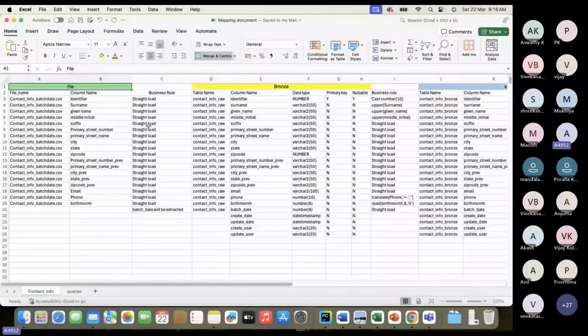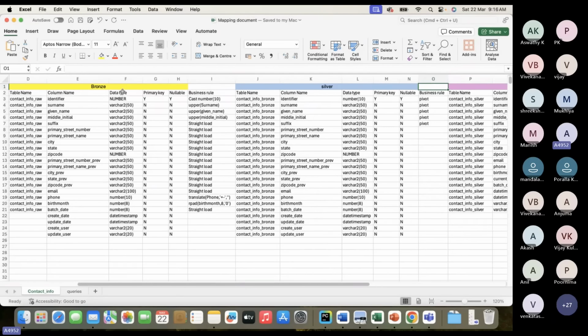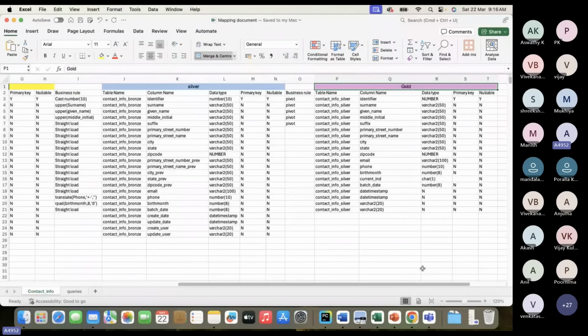Okay. If you are already experienced, you might have seen similar files in your ETL projects or big data projects. You will have a mapping document, and this mapping has file to bronze, bronze to silver, and silver to gold layer transformations.